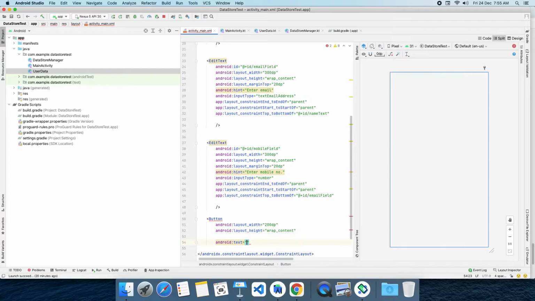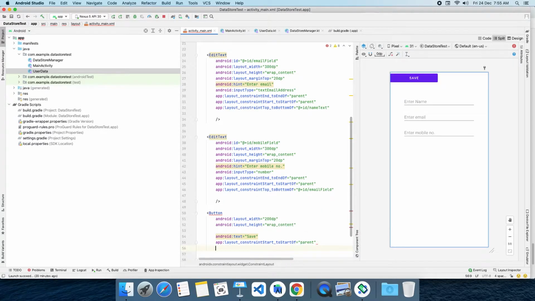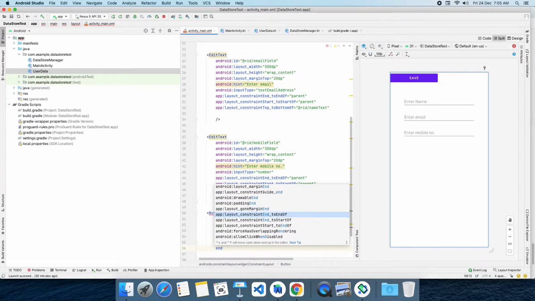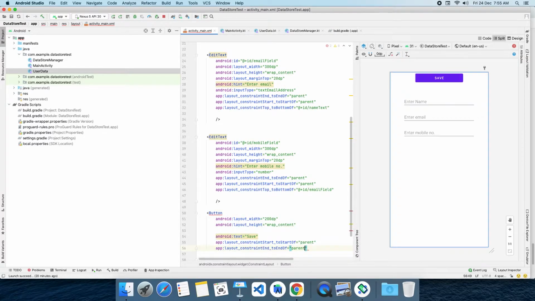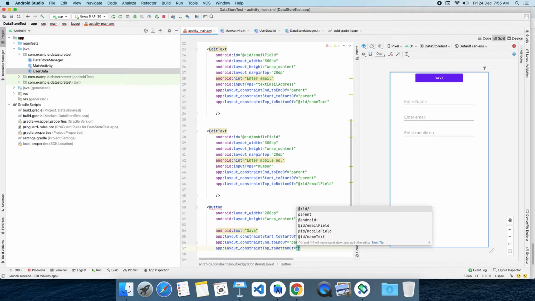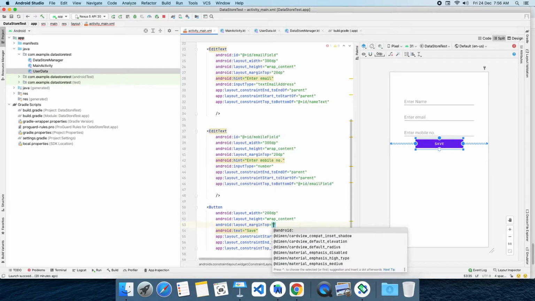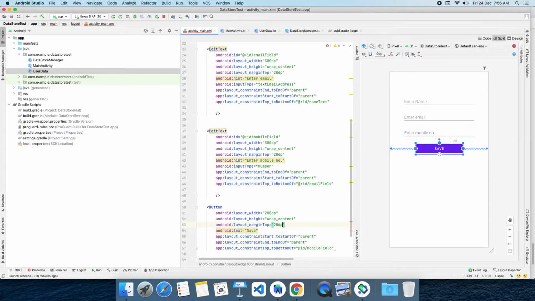Now align start to start of parent, end to end of parent, and top to bottom of the mobile number field. I'm going to give some margin, top 20 dp. Now our button is ready.